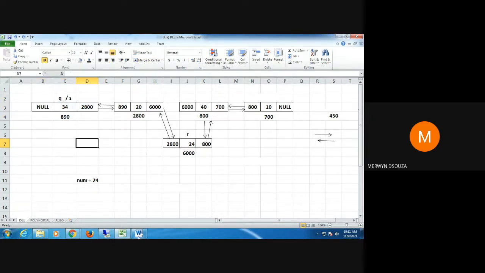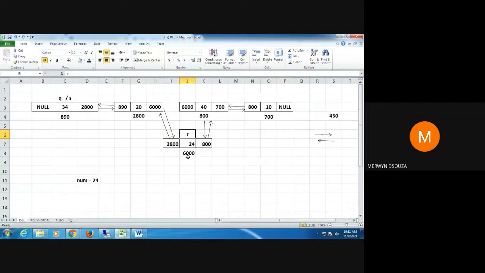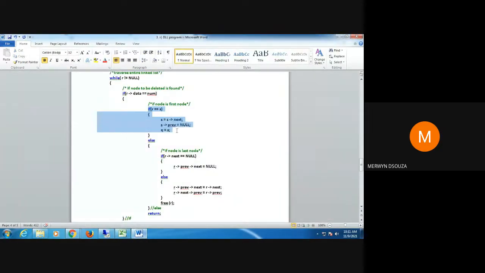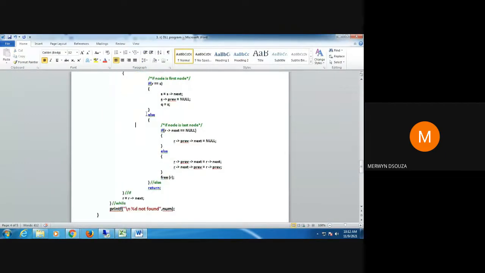The code for checking the first node is this if condition: the address in R will be the same as the address in S if you are deleting the first node. When you check this, obviously it is not the same presently, so we are not deleting the first node. So we go to the else part.